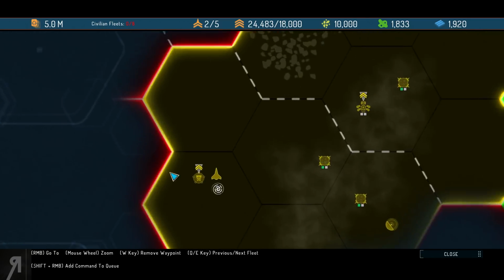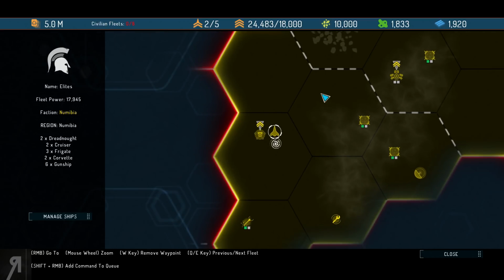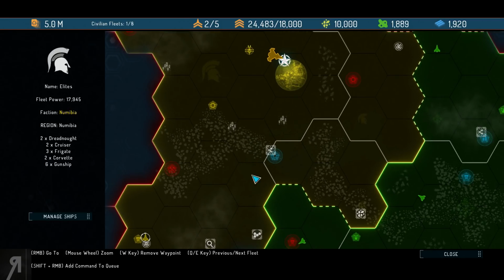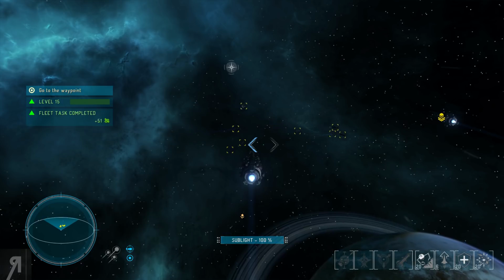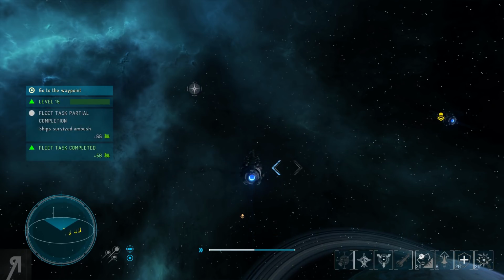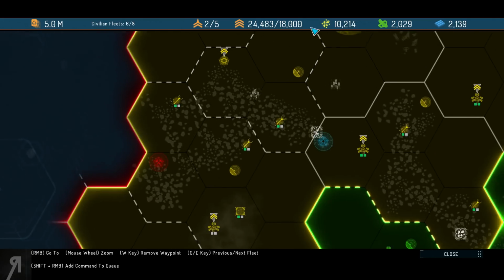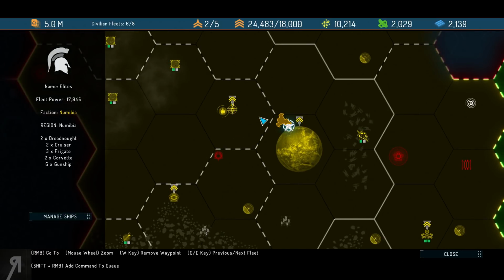Now, we do have a fleet right down here with a fleet power of almost 18,000. They have 2 dreadnoughts, 2 cruisers, 3 frigates, 2 corvettes, and 6 gunships. They are insanely powerful. So we're probably going to tell them to join us. Actually, I'm going to do that right now. Let me just slow down real quick. There we go. And let me just go over here and tell these guys to come and help us,